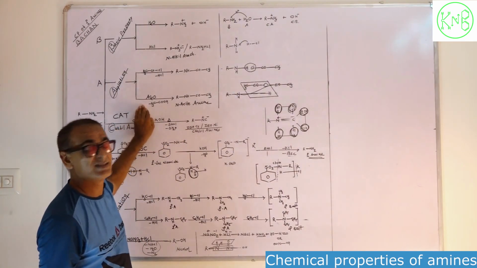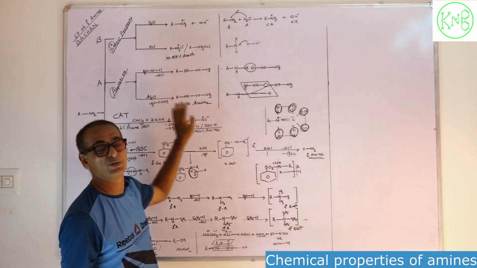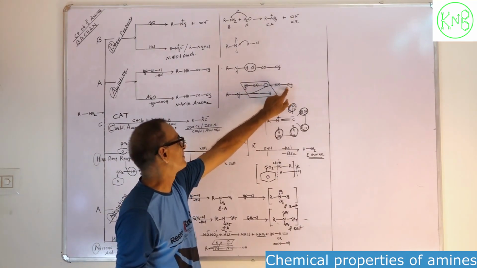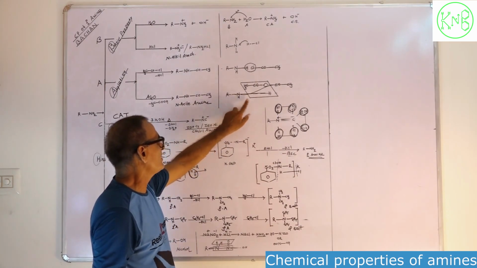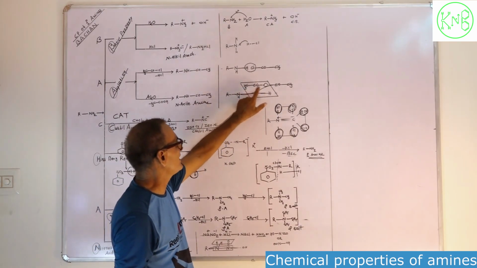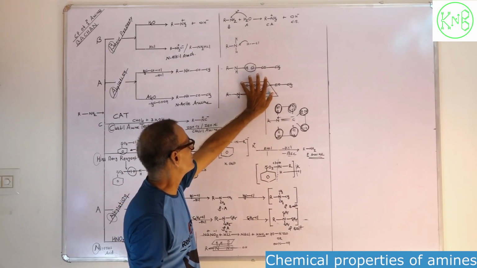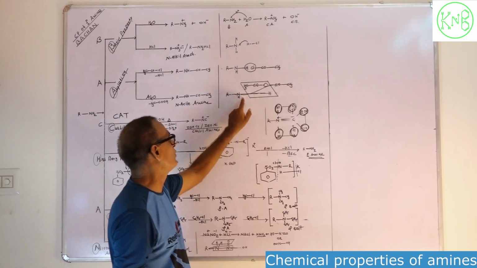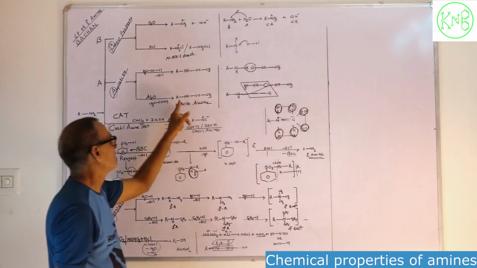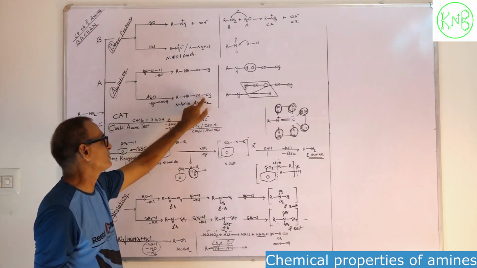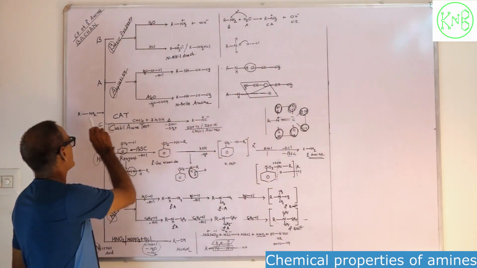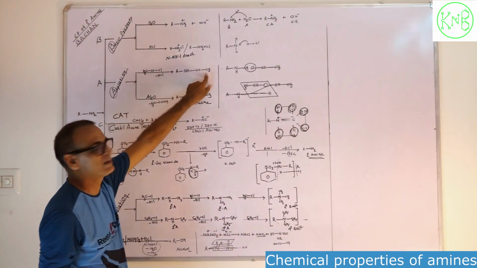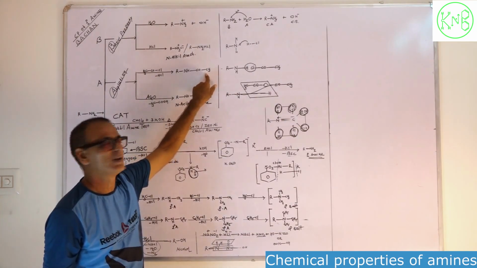When we use acetic anhydride as a reagent for the acylation, CH3COOCOCH3, this is the acetic anhydride. When it reacts with RNH2, CH3COOH, this portion will be removed as a byproduct, acetic acid, and directly the acyl group will attach to the nitrogen. Finally our product will be RNHCOCH3. During the acylation nothing else happens. In RNH2, one hydrogen is replaced by the COCH3 group. This COCH3 group is known as an acyl group.